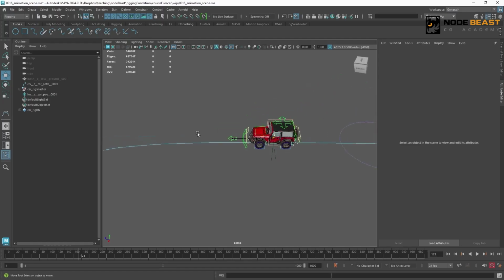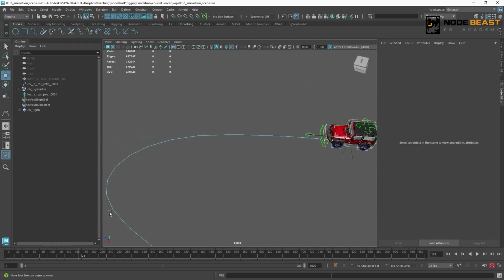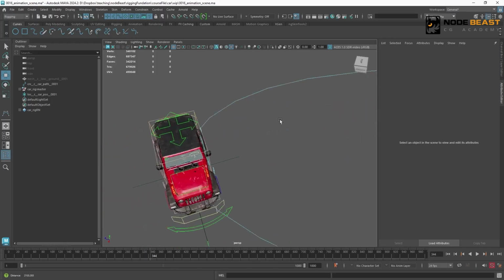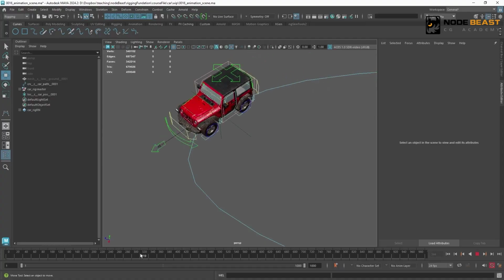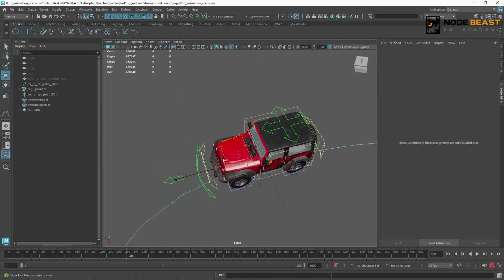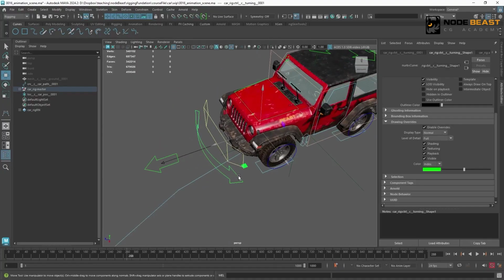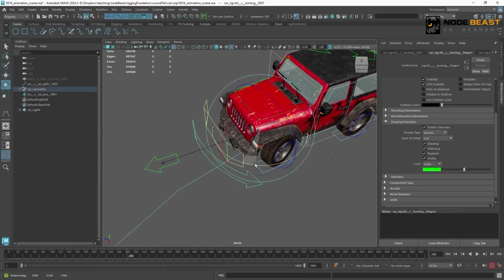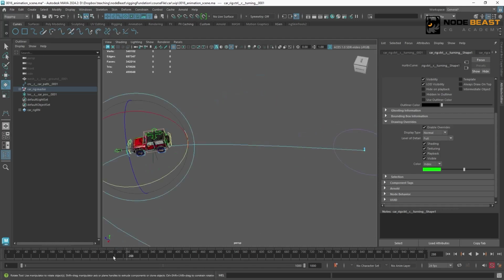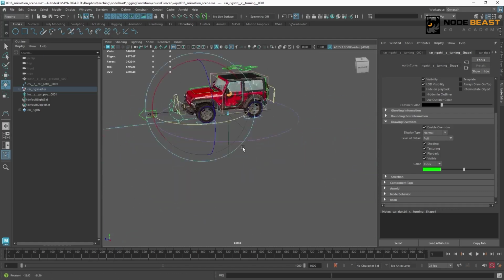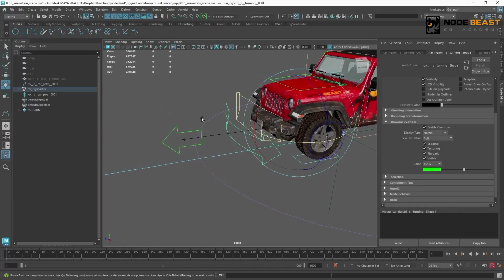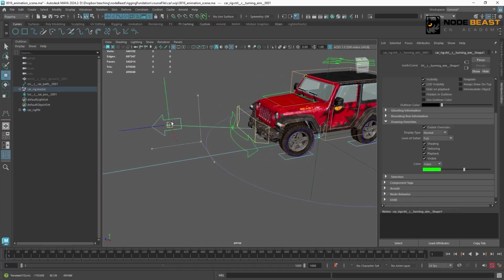What do we need to do next? There is still a problem here. When the car turns a corner, we'll see the car is turning as a whole. But we know this effect is incorrect, because there is a steering controller here. When the car wants to turn, the wheels should rotate first and then lead the car into the turn. So how do we do this? We briefly mentioned this before when setting up the steering. There is an aim constraint controller here.